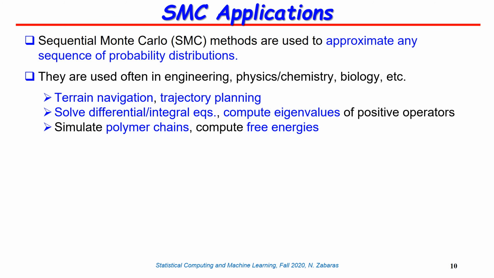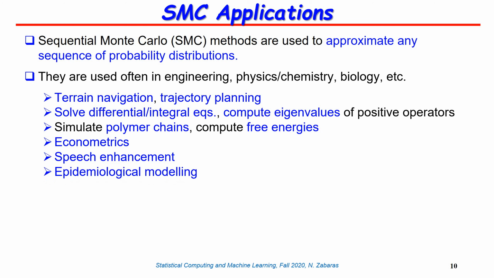Those will be applications similar to what we have seen with MCMC methods. You can use this in chemistry to simulate polymer chains, to compute free energies. Of course, since the setting of dynamic models is very relevant, you will see this in econometrics. If you want to follow stock predictions, the stock prices, that's a very relevant task. Also in speech enhancement, and I'm going to give you an example today in the early part of the lecture,